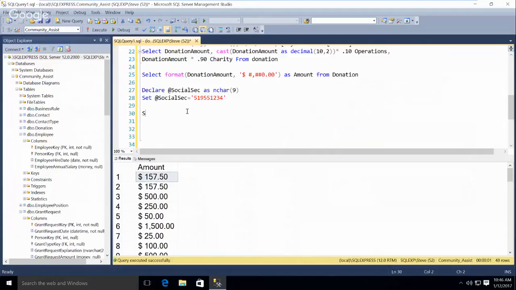So I'm going to do select, and let's see if I can remember, I believe it's a substring.